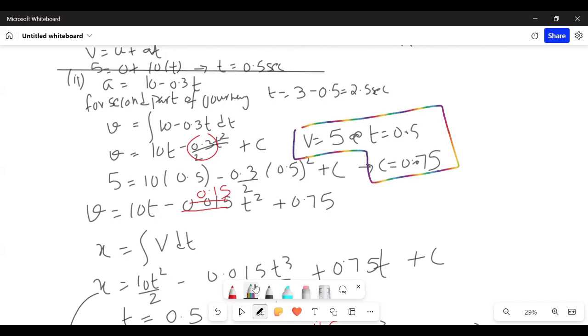Let me check this, ये आ नहीं रहा according to the answers. 5 minus 0.15 into 1.5 square